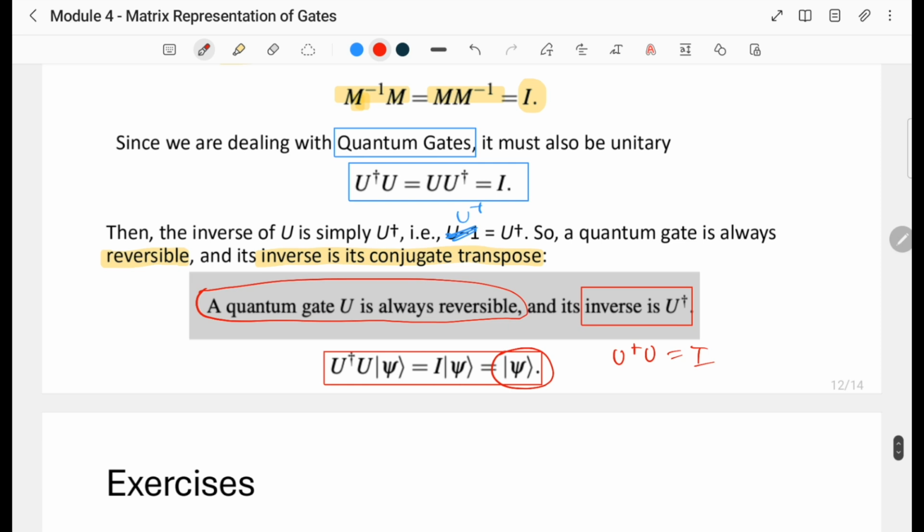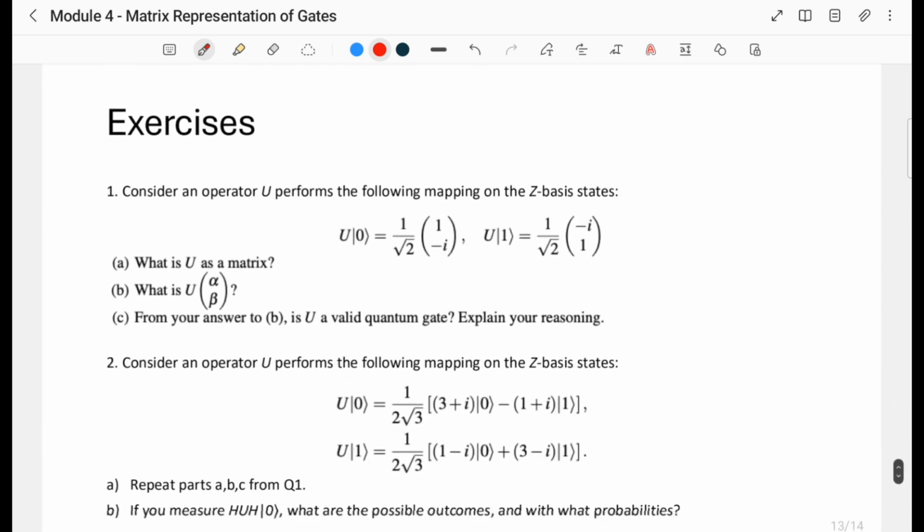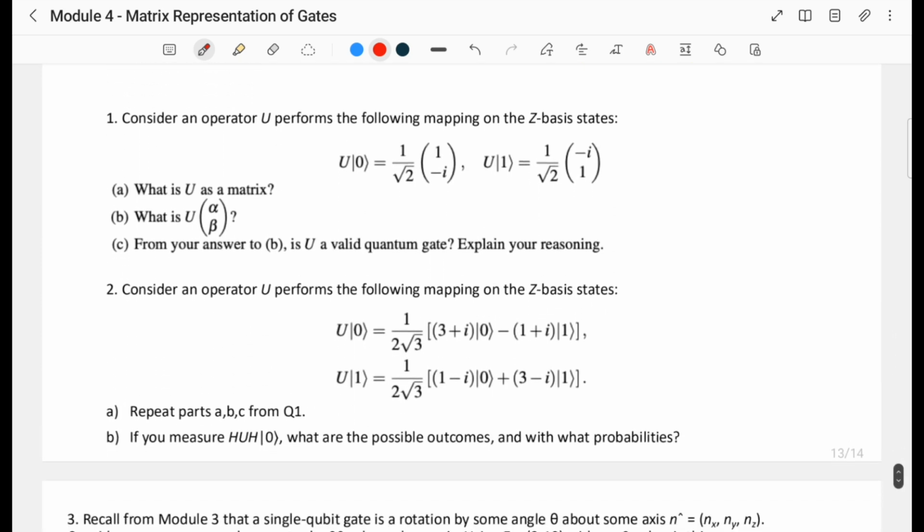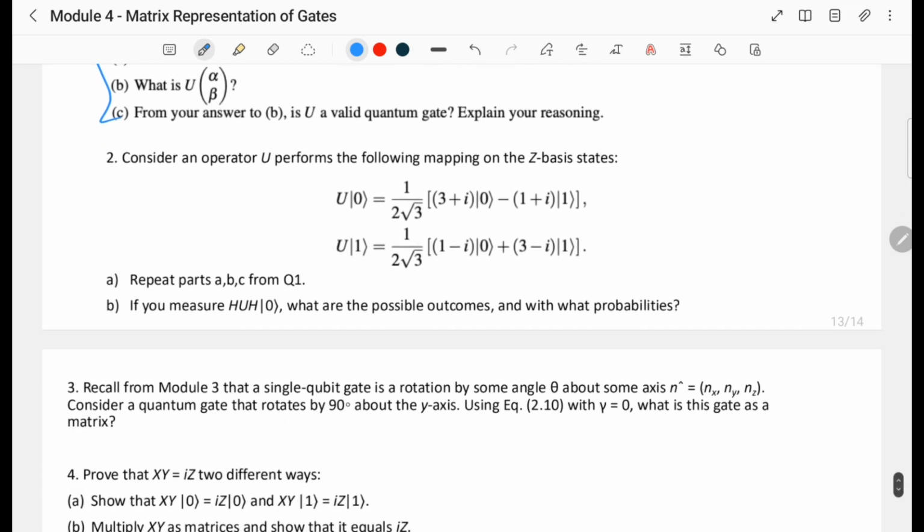So this is the end of our lecture on the matrix representation of gates, and here are some exercises for you to try. In this exercise, you consider this operator U and try to answer these questions, and you can do the other